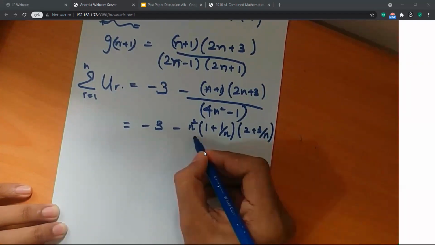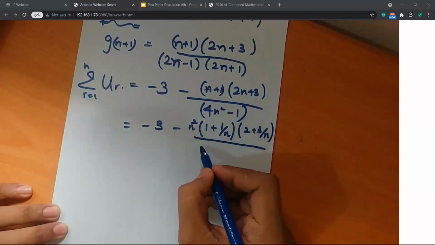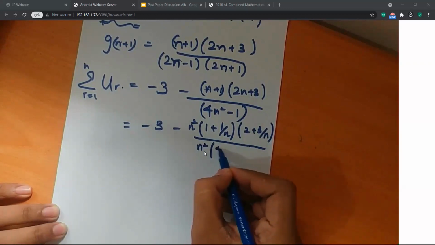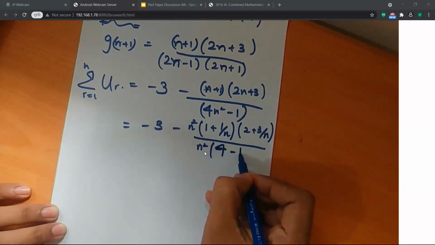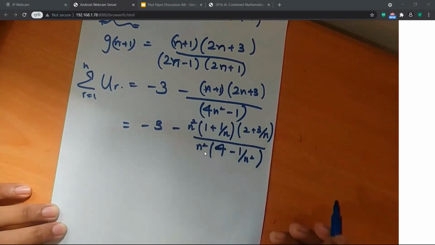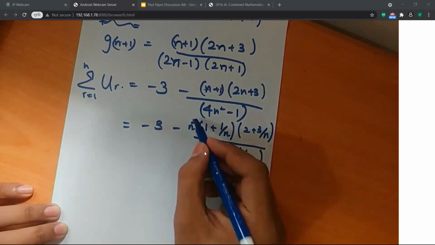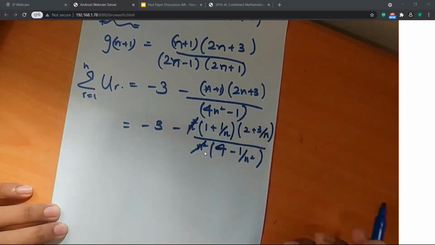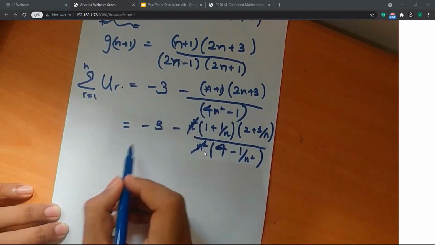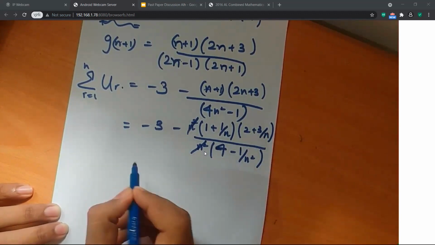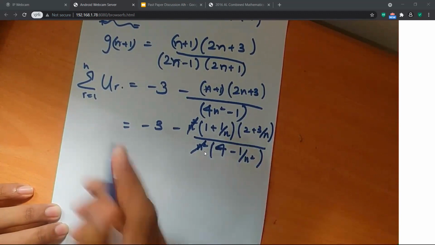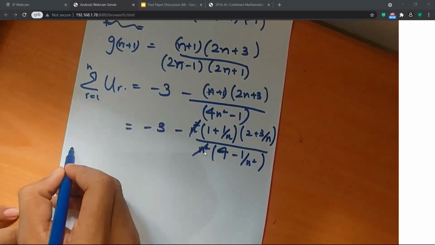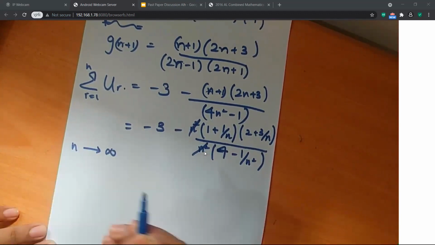And then 4n squared minus 1. If you take n squared outside, that is 4 minus 1 over n squared. So these two can be cancelled out. Now we can substitute infinity. So now when n tends to infinity,